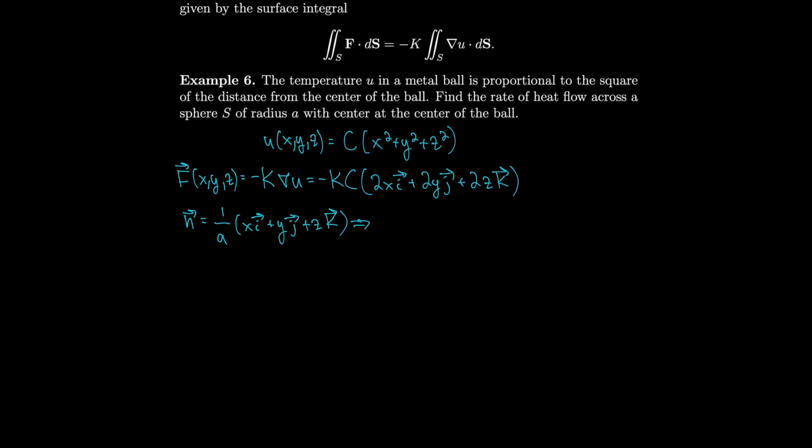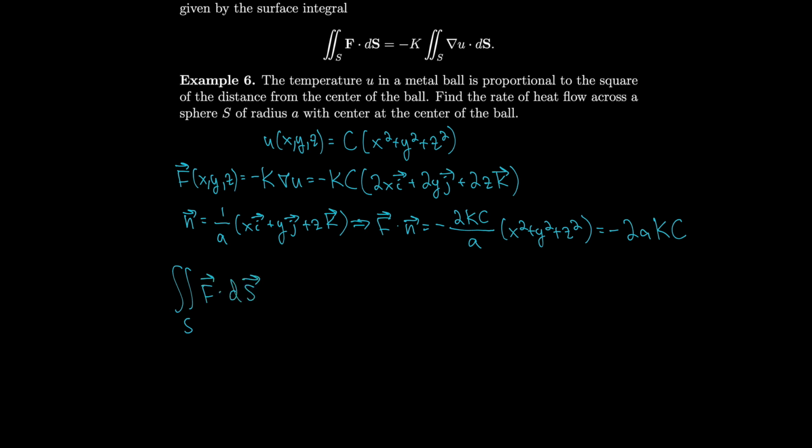So then this implies that F dot n should be minus 2KC divided by a times x squared plus y squared plus z squared. And notice this is just a squared. So a squared cancels one of the a's, so we'll just have 1 a left. So minus 2a KC. So that means that our surface integral F dot dS that we can use for our rate of heat flow